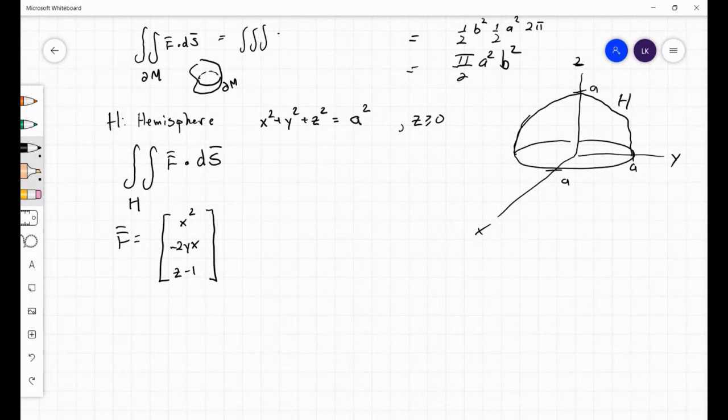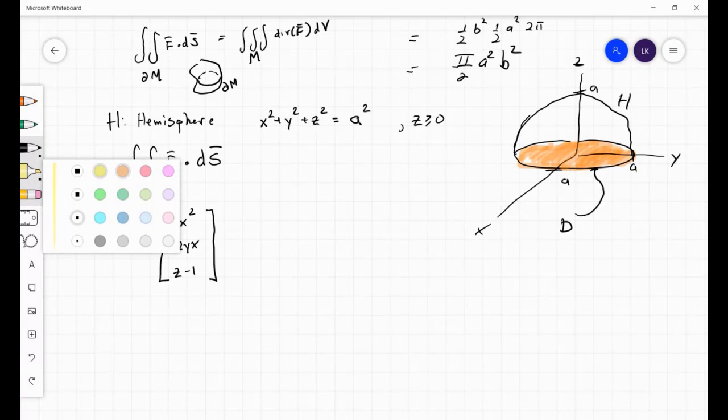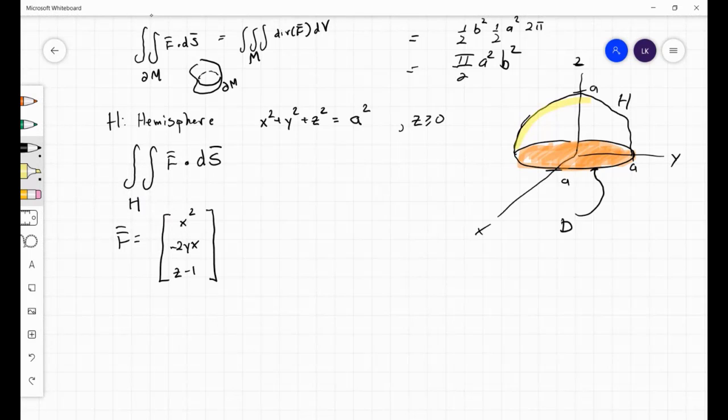The problem is that since we're not including that bottom disk, let's call that disk on the bottom D, our surface doesn't include this disk. Our surface is just the upper hemisphere H. So we can't use divergence theorem as it stands, but